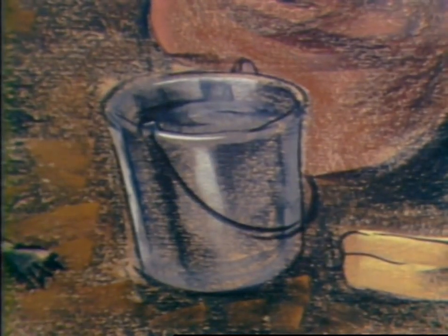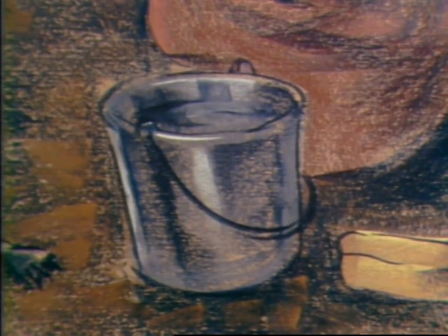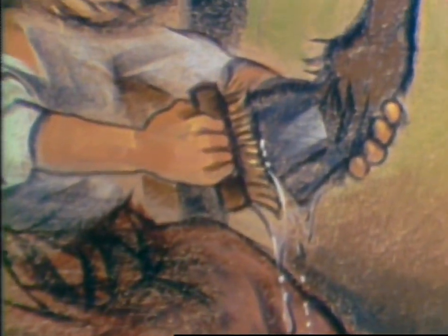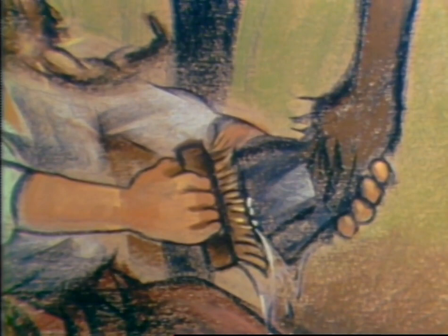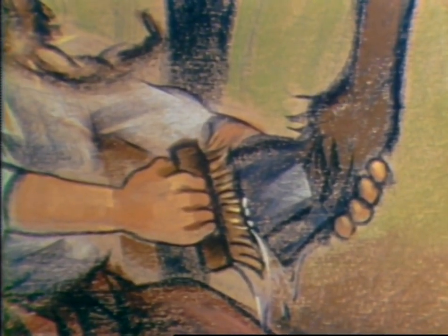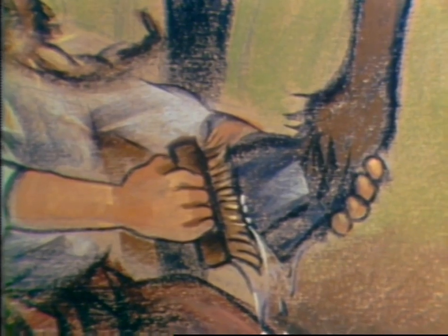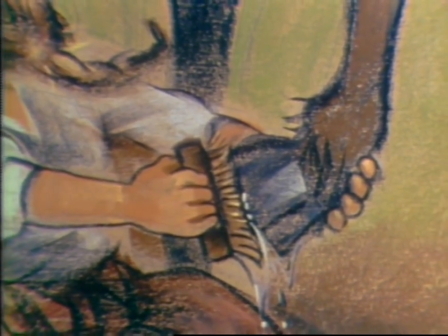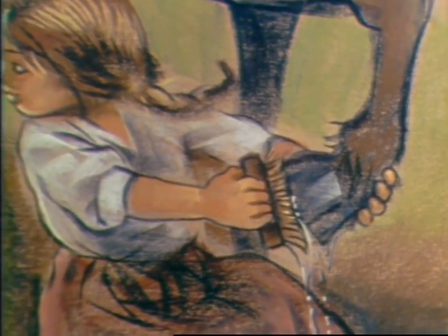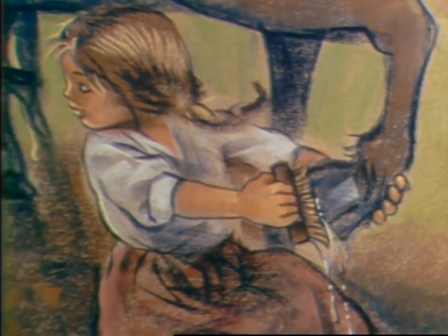Carrying the bucket, Lucy headed for the river. Each night, she helped her father check their oxen's hooves for thistles, small stones, and grass stubble that might become embedded in them. Lucy knew how important it was to take good care of the oxen. They could never travel all the way to Oregon without them. Lucy began scrubbing one of Sonny's hooves with soap and water when she heard her father shout,